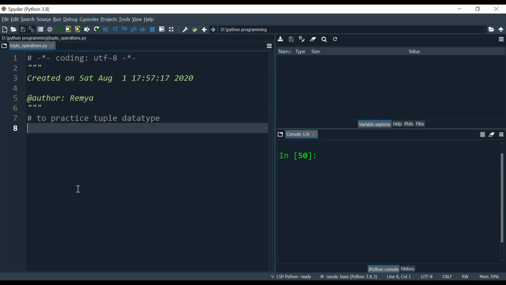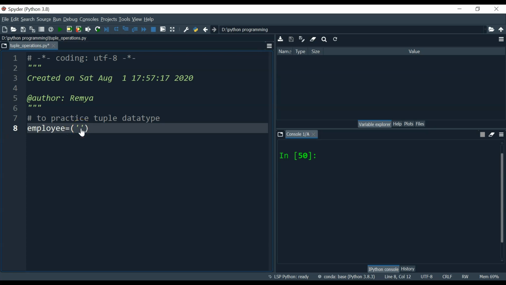So I have created a file in Spyder and named it tuple_operations.py for practicing the tuple data type. Here I am going to create an employee tuple that contains the name of the employee, the employee number, and the year in which he joined the company. For representing a tuple object, just use parenthesis.